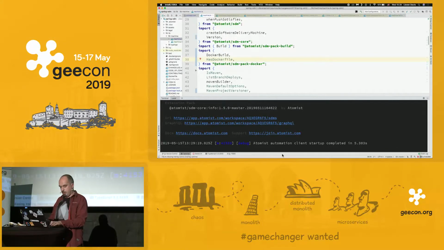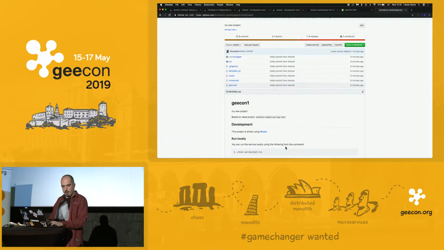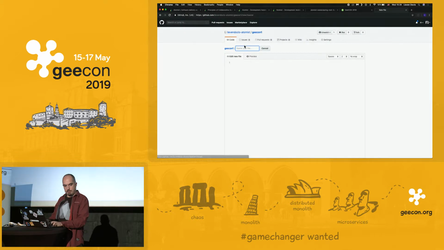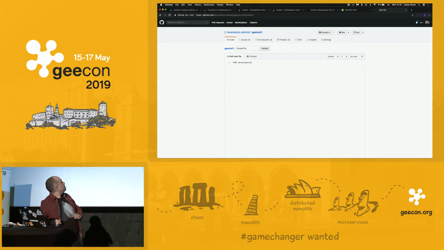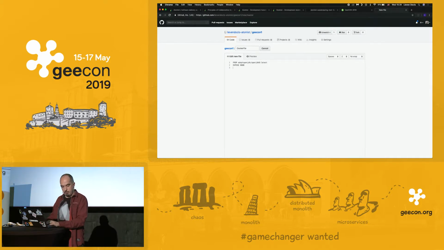Here we go. So it's been restarted. And now let's add a Dockerfile. So I'm just going to create a new file, Dockerfile. I'm going to say from adopt openjdk. Let's pull in latest. I'm going to expose the port that's being exposed by the application, in which case it's